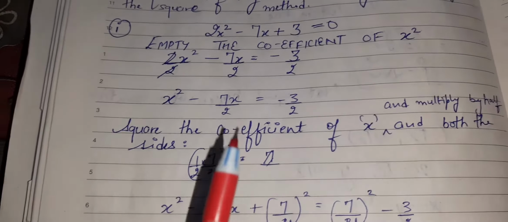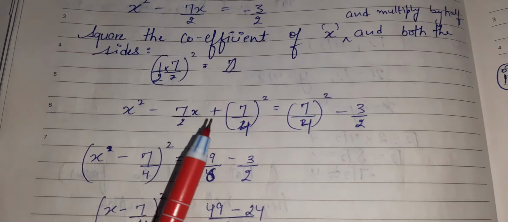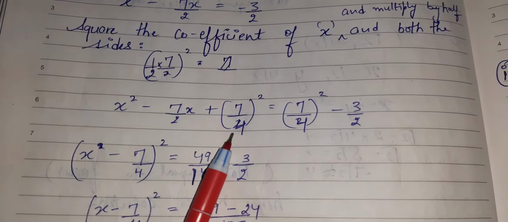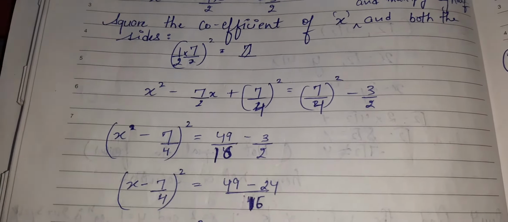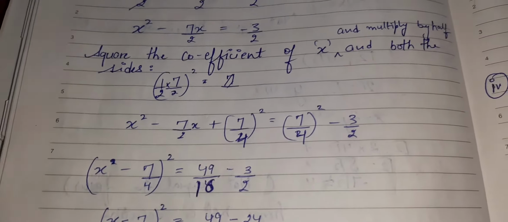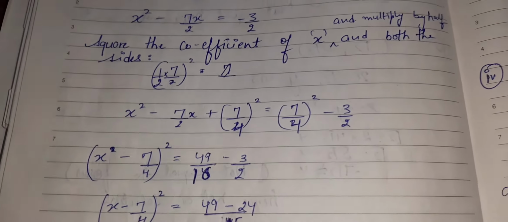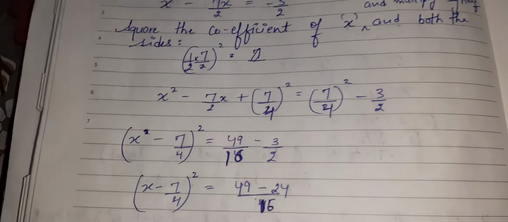Now, what will it become? a square minus 2ab plus b square, short form is (a minus b) whole square. Got it? You just solve it. After solving it will become 25 upon 16. Square will go on it. It will become 25 upon 16. But it comes under root, because the square is shifted to this side and it will become under root.